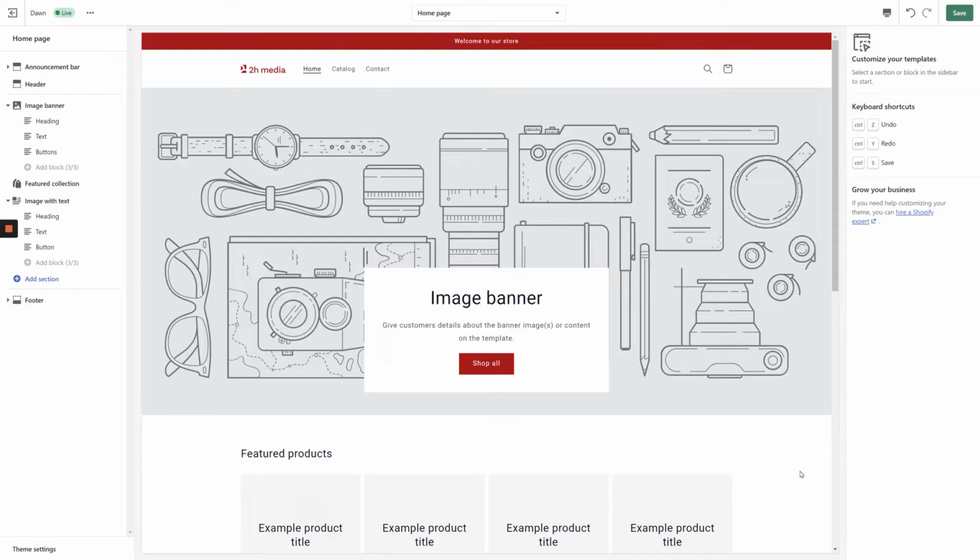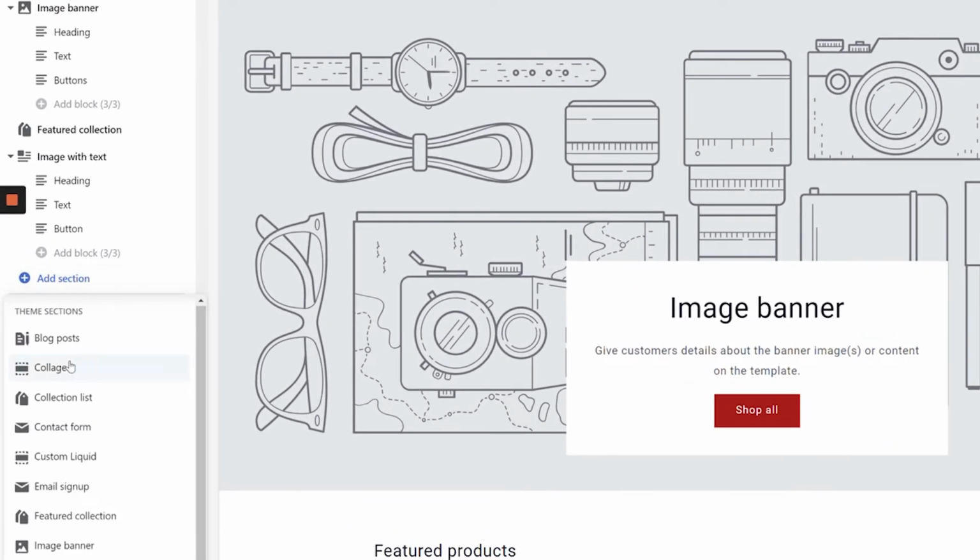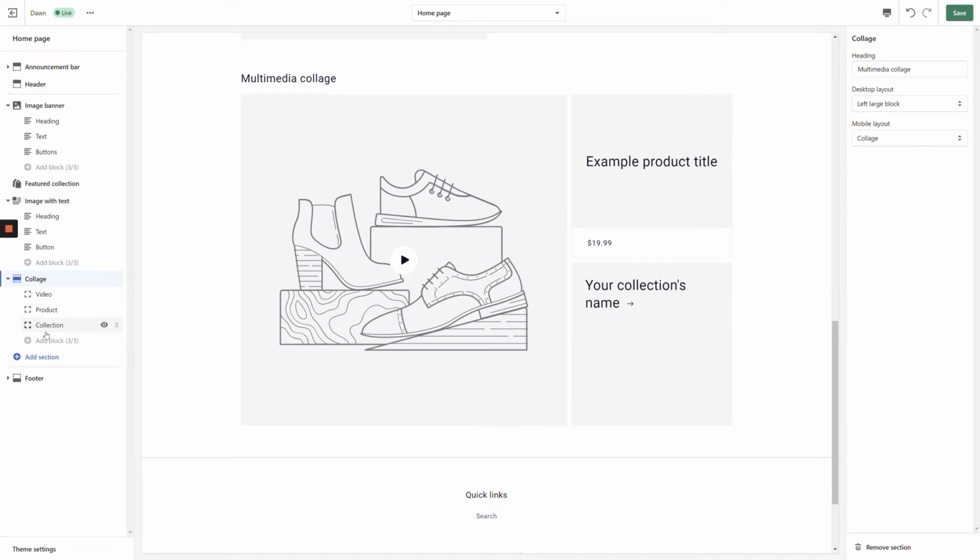In this video, we're going to take a look at how to use the Collage section in Shopify's Dawn theme. From the customizer, let's get started by clicking Add Section and choosing Collage. This is a very dynamic section to punch up pages that comes with quite a bit of customization out of